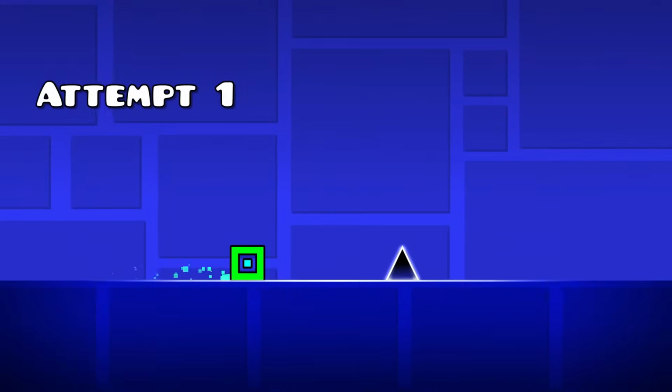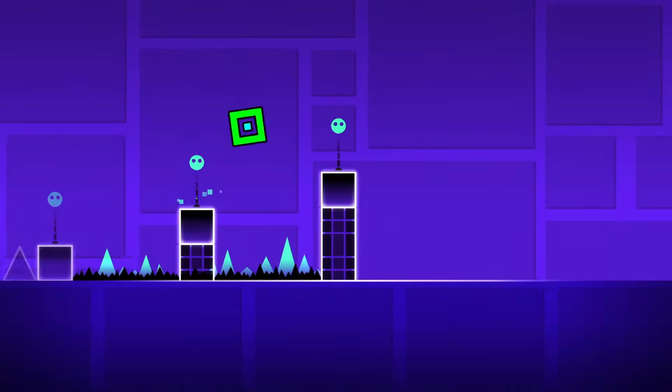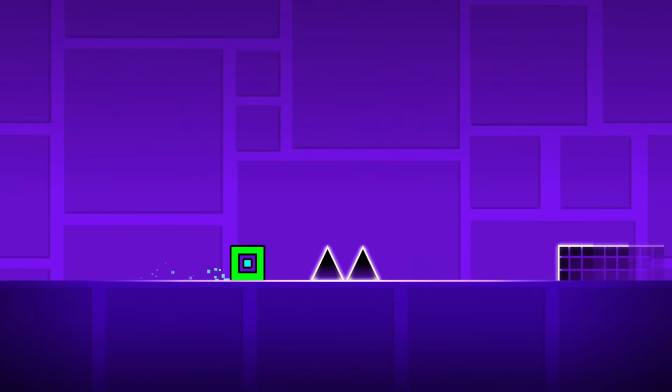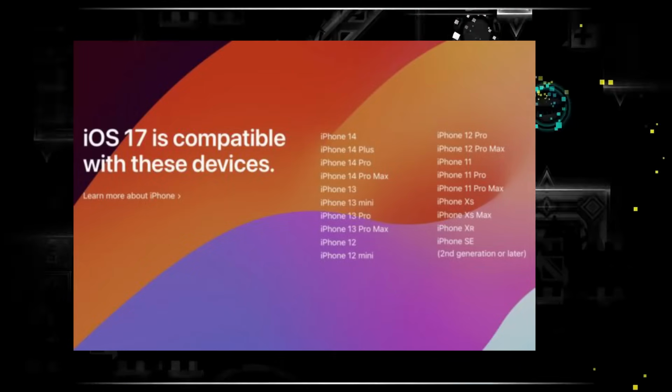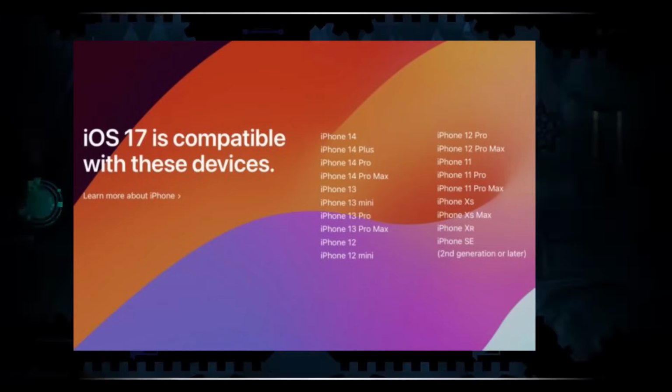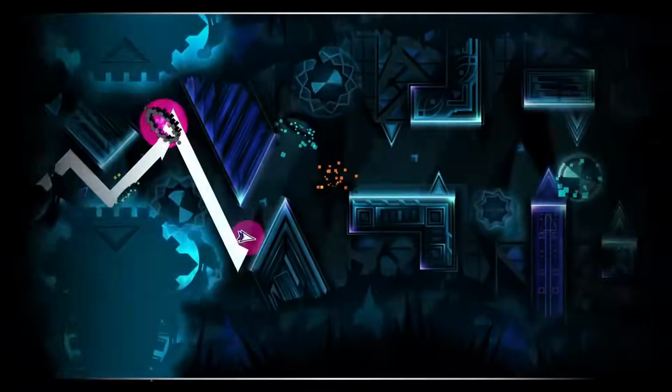Geometry Dash is now unplayable on mobile, cutting off millions of people from playing the game. So does this affect all mobile players? Thankfully no, but if you have an Apple device that's set to automatically download new iOS updates, you've probably just been affected. Now, I didn't even know that this was on the horizon until I got to work today and